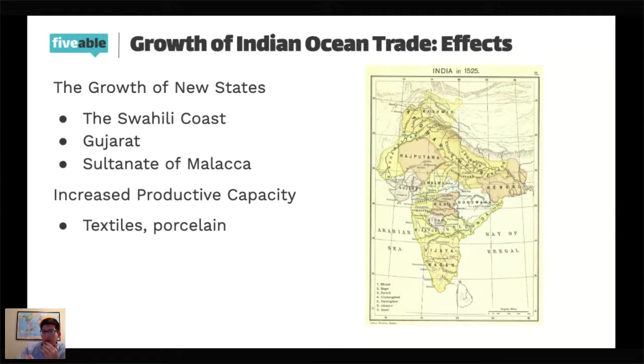And for a time, Gujarat itself existed as its own kingdom, its own sultanate. Eventually, it was taken over by the Delhi Sultanate for a while, before it becomes independent. From 1407 to 1573, it operates as an independent sultanate until Mughal forces come in and conquer it. So this area was so valuable that we're going to have multiple groups coming in and trying to take over and access the wealth of trade in that region.